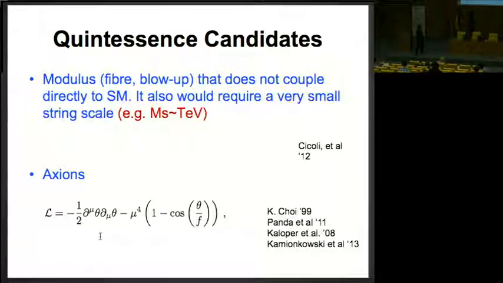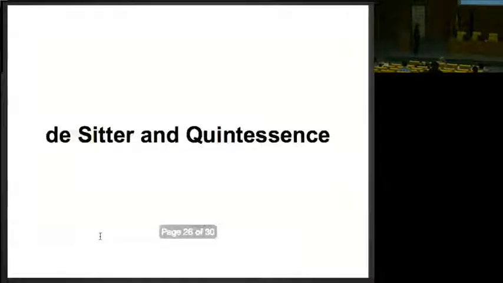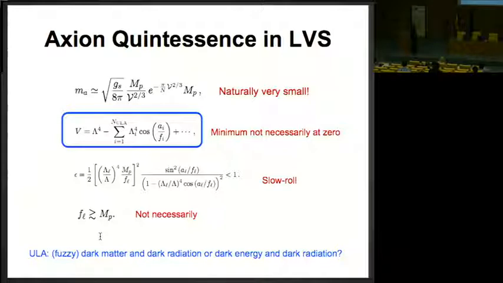They assume the simplest case, which is 1 minus cosine, and this can be generalized if you have several of these fields. Usually you have the problem that f, to make it work as inflaton, has to be bigger than M Planck, and a similar thing happens for quintessence. And in the large volume scenario,